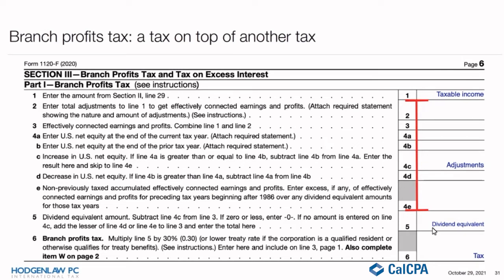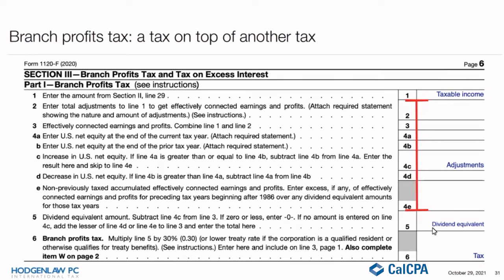This is adjustments. Now, here's the big picture philosophy for branch profits tax. They're trying to calculate a proxy for what cash is available for dividends payable by this foreign corporation actively engaged in business in the United States to its foreign shareholders. Because think of it this way. If somehow cash goes upstream to the foreign corporation and it's now outside the United States and the foreign corporation pays a dividend to the foreign shareholder, that dividend payment is out of bounds for the U.S. tax system. Whereas compared to that same shareholder has a domestic corporation doing the identical business in the United States. Now that domestic corporation pays a dividend to the foreign shareholder, 30% default withholding on the dividend payable, less by treaty. So the idea is that they want to make sure that you can't skip out on that dividend, and